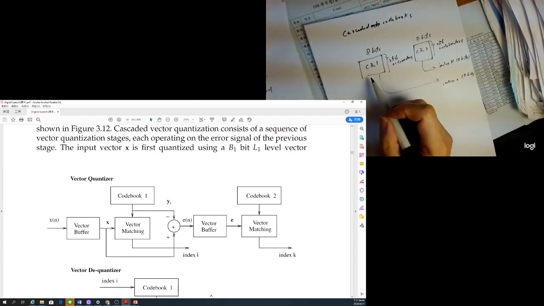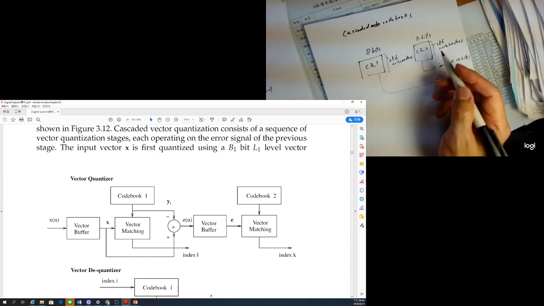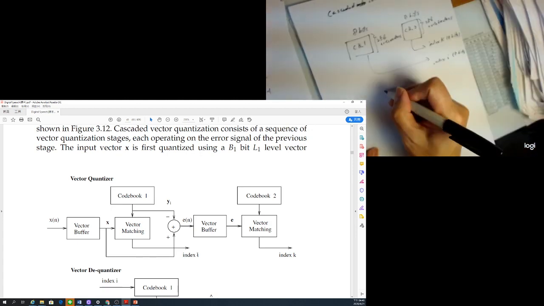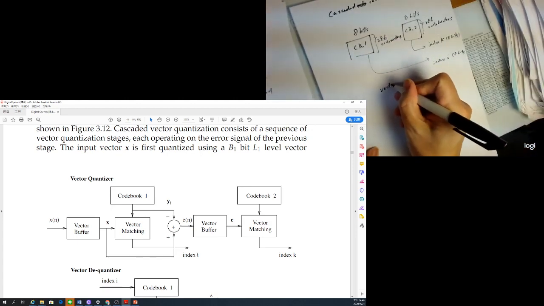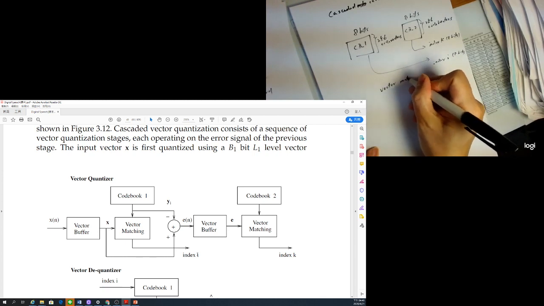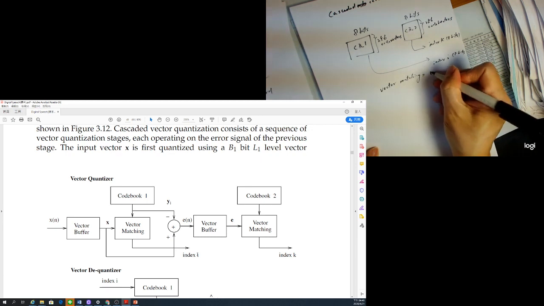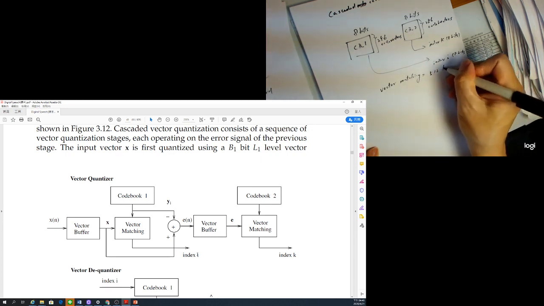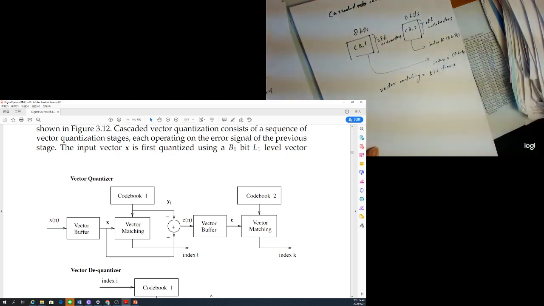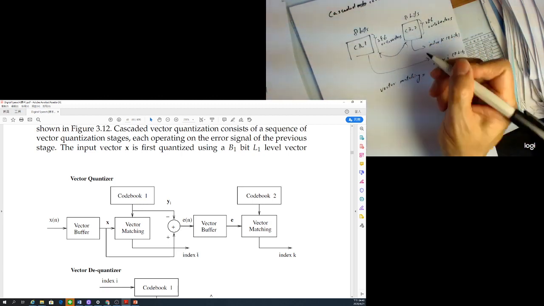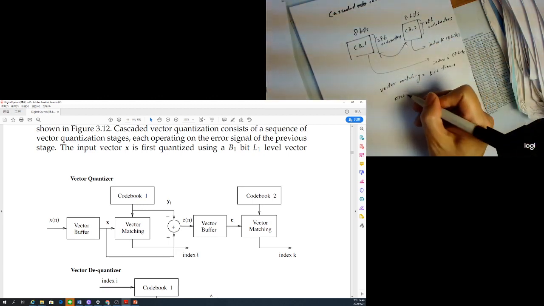So you only do the first search, and you only try matching the total number. How many vector matchings in total? It will be 512 times. So if we try to combine them together into one codebook,